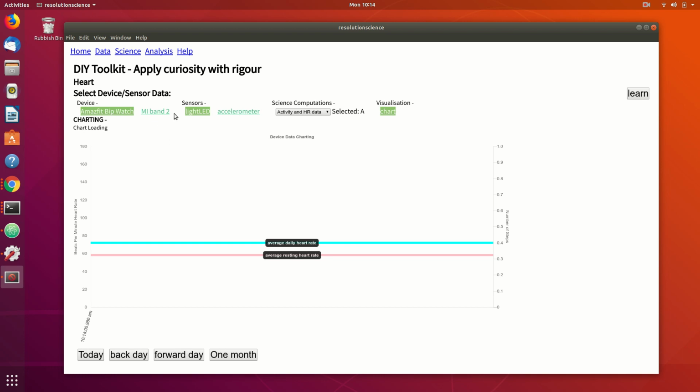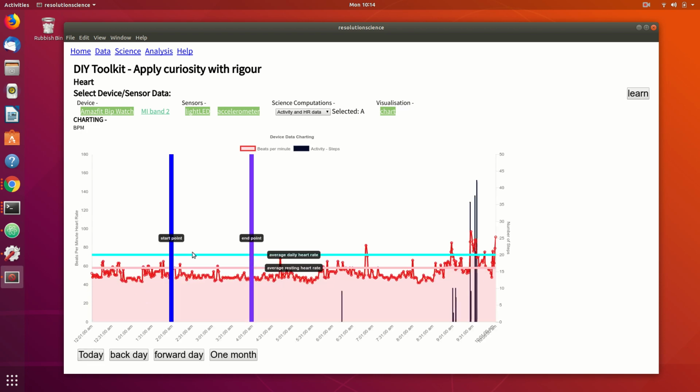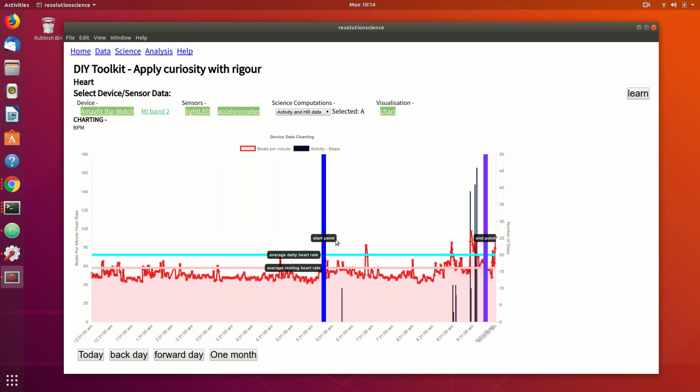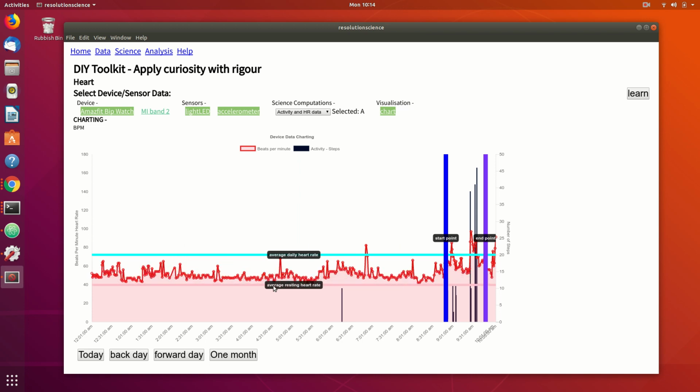So here we have a couple of devices, a couple of sensors, and these computations. But the first thing we want to do is just show the data. So this is my heart today. So not really done much, but we'll see. We've got these sliders, so starting to build some analytics. So here's my resting heart rate. It looks like my sleeping one was down here